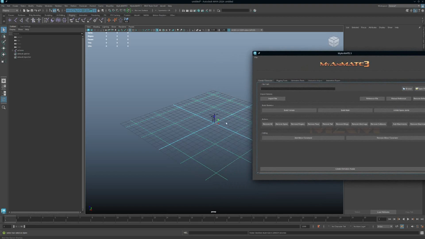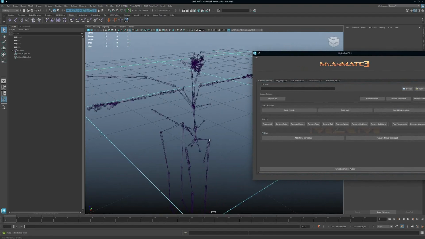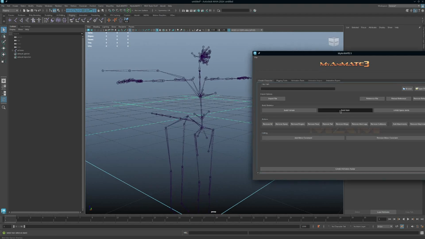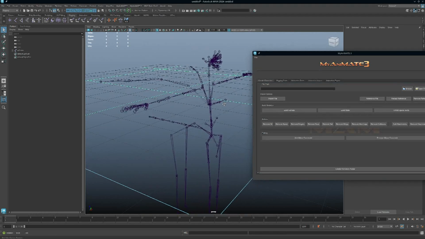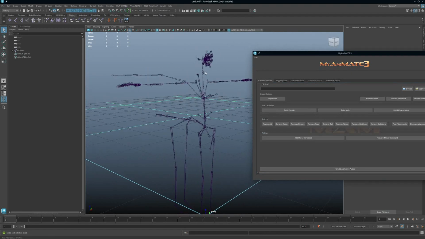So we've got a build female button, a build male button that still works on the thing, so it's not duplicating anything, it's just applying the preset